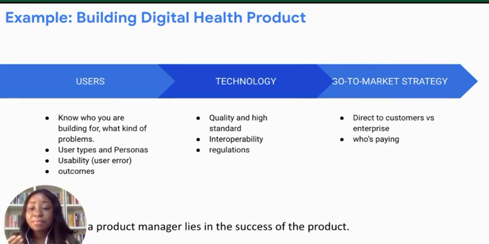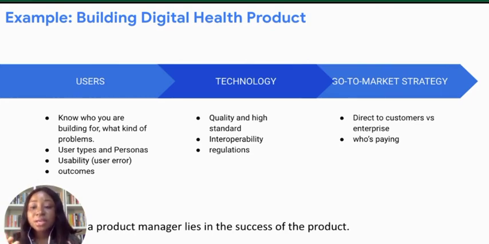Now, check for usability errors. Are they having errors while they're trying to perform a particular function on the product? Now, check the outcomes. The outcomes is more like getting feedback from them. How do they feel about using your product? How many star ratings did they give your product? These are things that you really need to make sure you devote your time to, studying your users, right? Another thing that you want to consider is technology.